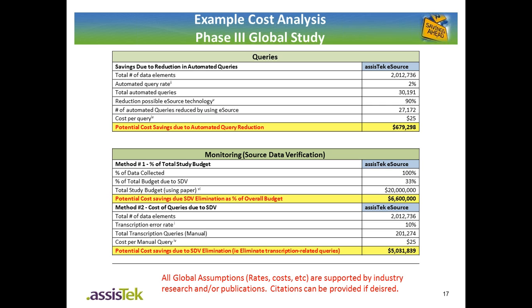But back to this particular study. I believe they were screening over 800 patients and enrolling about 400. I could be wrong there, though, but the most important point is that the total number of data elements for this particular study for all the subjects through the life of the study was going to be just over 2 million data elements. With a query rate of 2% for the automated queries we're talking about, not the queries associated with SDV, but your automated queries. And this is an example of what you would probably see using paper. And that would give you about